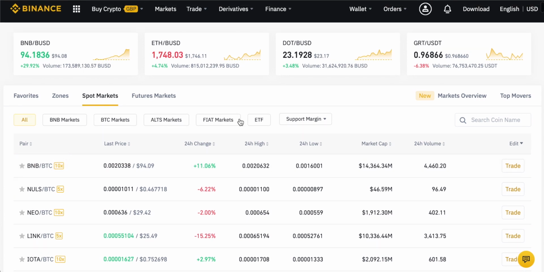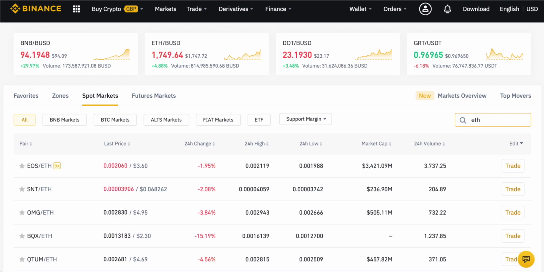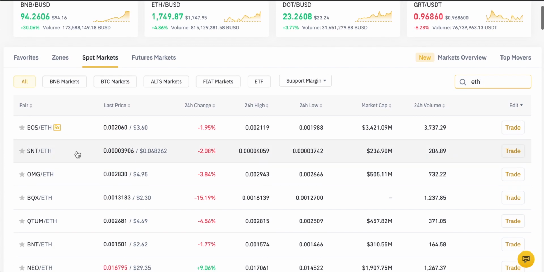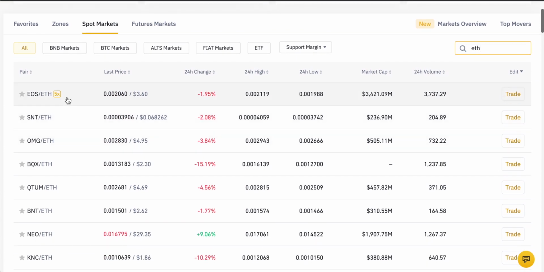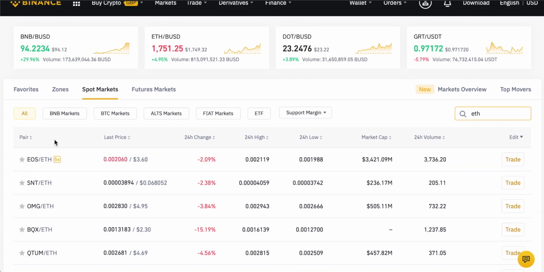So you can actually come right over to the right hand side and search for the coin. You can type in the word Ethereum, or you can just use the ticker, which is ETH. This is then going to search out all of the Ethereum markets for you, and you can see them all here. So we have EOS versus Ethereum. We have a bunch of other cryptocurrencies all versus Ethereum. You can actually see Ethereum against your fiat currency as well, which is, I'm assuming, what you want to do. You want to go and buy Ethereum with your fiat currency, like dollars or pounds.